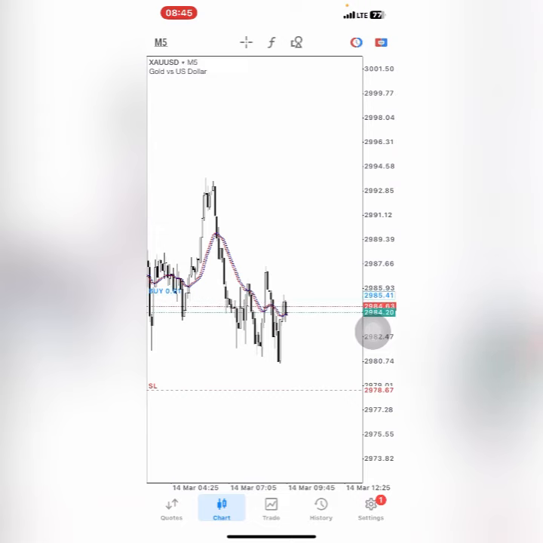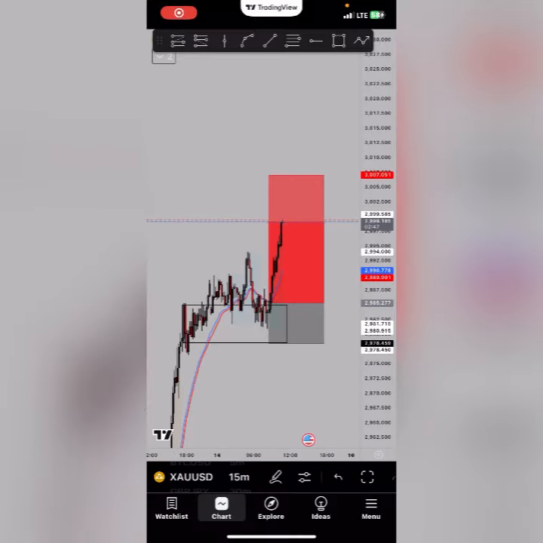Let's just see how it plays. And if I find a setup again during the New York session, I might add one more position, right? And I'm still going in for the buys. So let's just see how it plays, guys. All right, guys, here's a quick update on the trade I took earlier today.